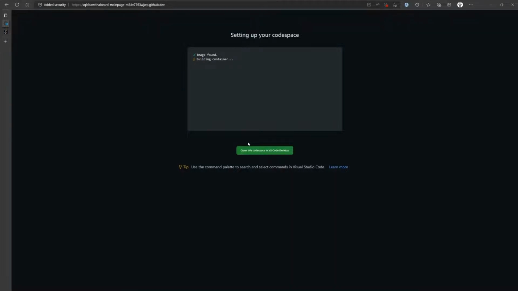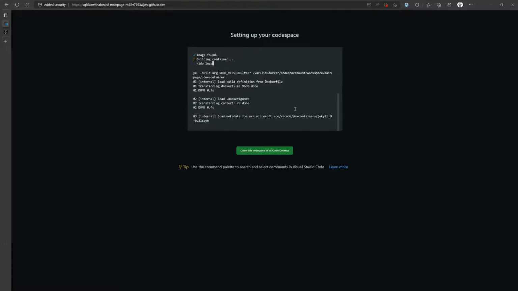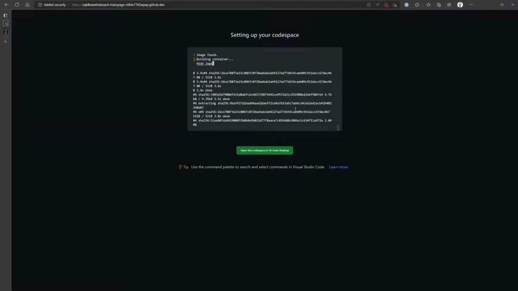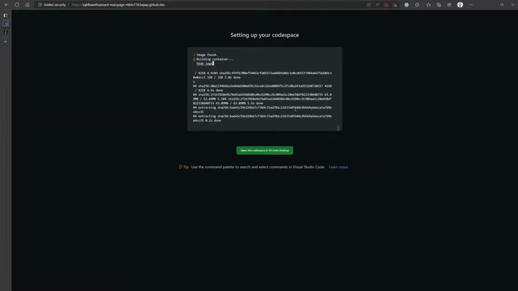So it says I found the image, and now I'm going to start building the container, and it gives you a chance to look at the logs. We're going to start our logs and see what is going on. So it's creating our container, it's cleaning up the images from the last run. And it will be downloading locally the Jekyll version from the Docker file. And it's extracting all of those files, all of those layers. And then once it's done that,